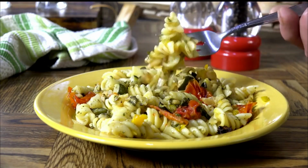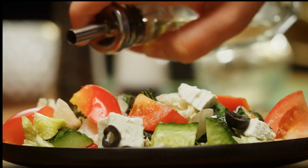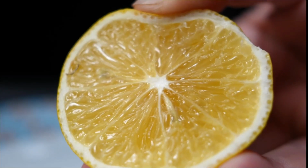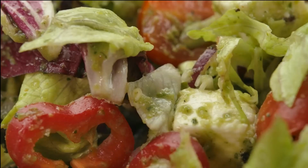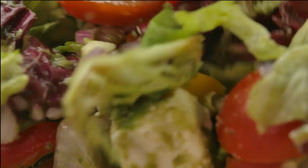The next salad is a classic, the Greek salad. In a small bowl, whisk some oil, lemon juice, garlic, oregano and pepper together. In a large bowl, add 3 large tomatoes chopped, cored and diced, 1 small red onion, peeled and finely sliced,